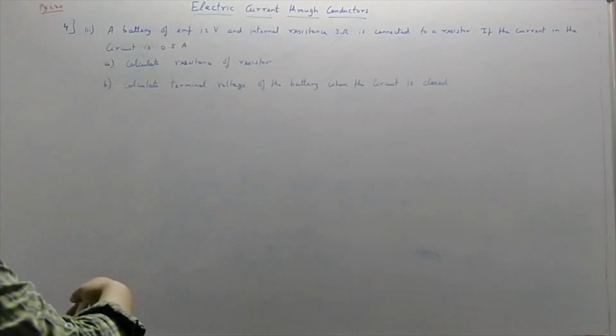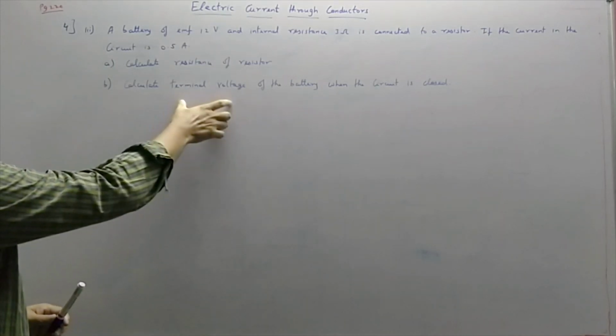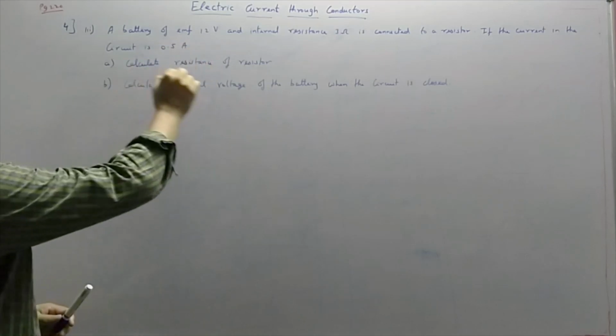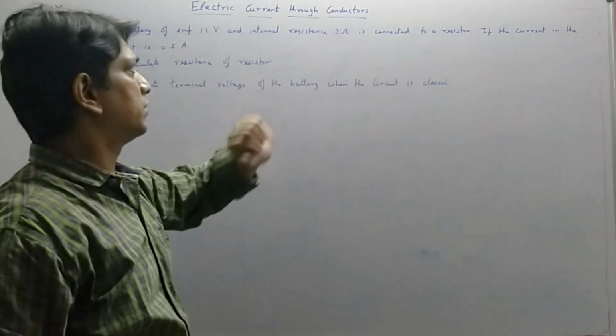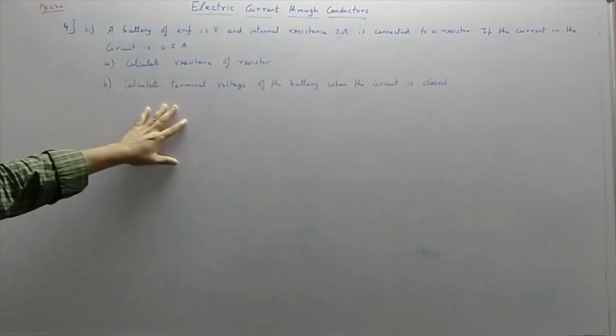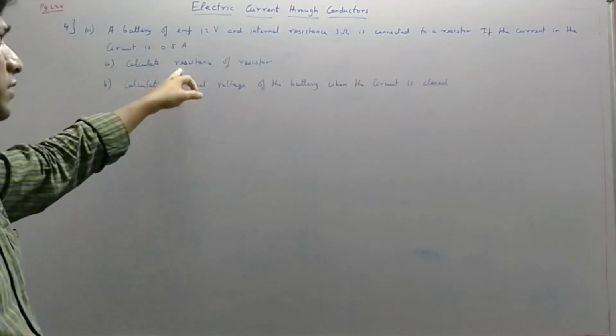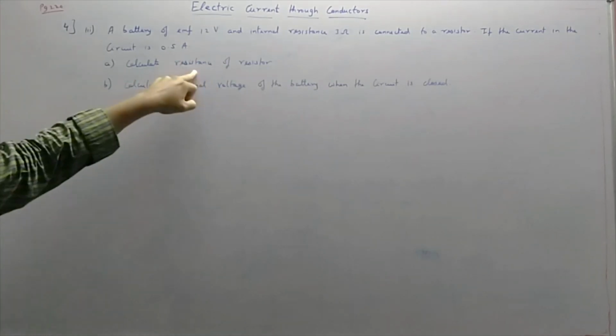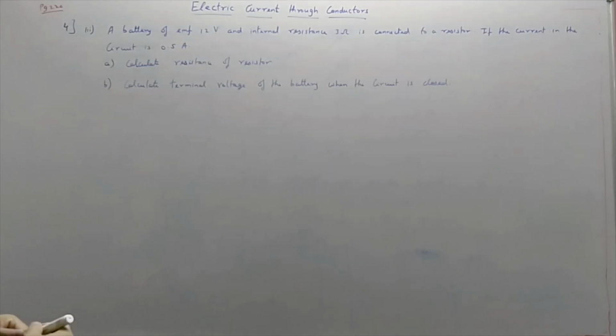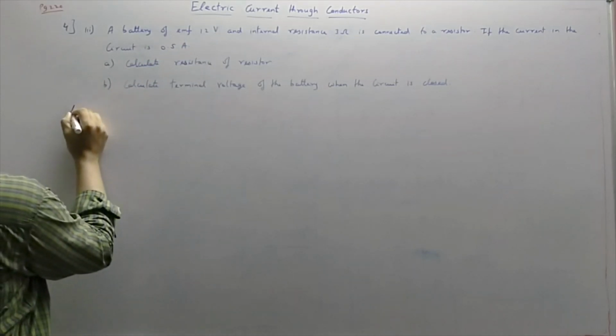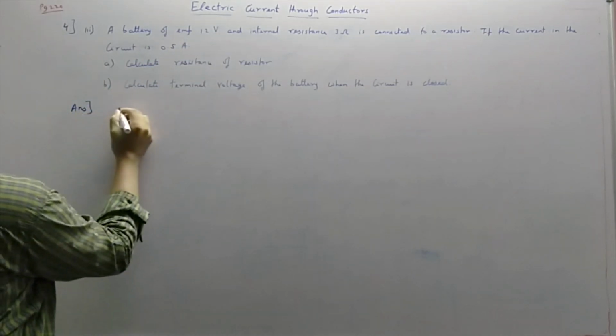So when the circuit is closed, when the battery is on, we are going to find the terminal potential voltage across the 3 ohms, across the resistance. First we are going to find the resistance, and then we are going to find the voltage across this resistance. The internal resistance of the battery is given to you. So what formula can we use here? What is given to you is